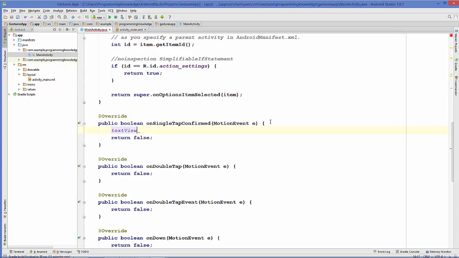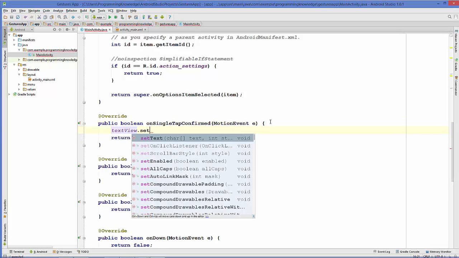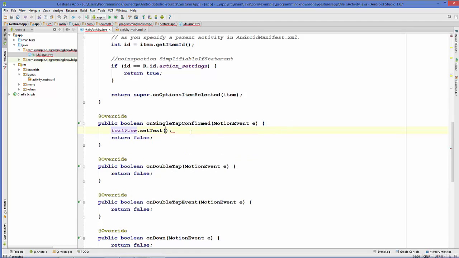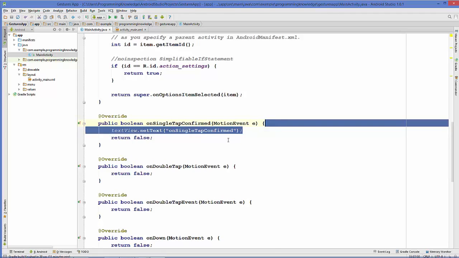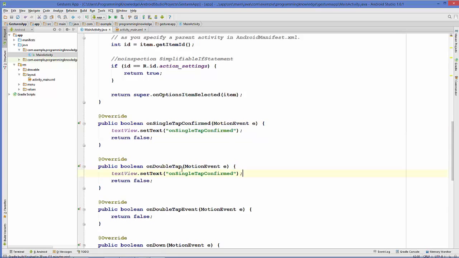Okay, so textView.setText, and as an argument of this setText, we will pass the name of the method simply. So we know which method is called, and it will be printed in this text box. The same thing I'm going to do for all the methods. So on double tap,